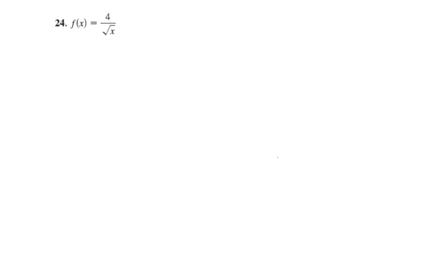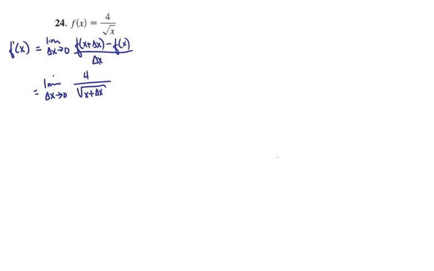curve at any point. So we start off with f prime of x is equal to the limit as delta x approaches 0 of f of x plus delta x minus f of x, all over delta x. The next step is to take the original function, and wherever we see x, we're going to replace that with x plus delta x. So we have the limit as delta x approaches 0 of 4 over square root of x plus delta x minus f of x, which is just 4 over the square root of x, then all